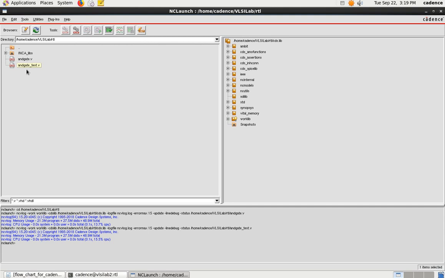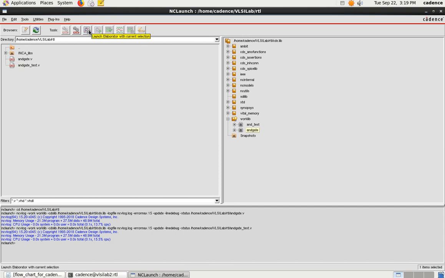Once you do this, on the right side you can see the worklib folder, right? On the left side you can see a plus mark. If you click on that, both modules will be created, the AND gate module as well as the AND test module. Select the AND gate module first, because it corresponds to andgate.v, then come back to the tool section.